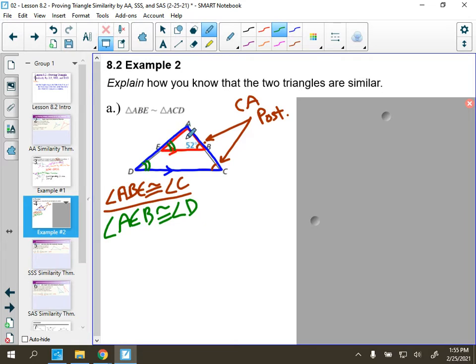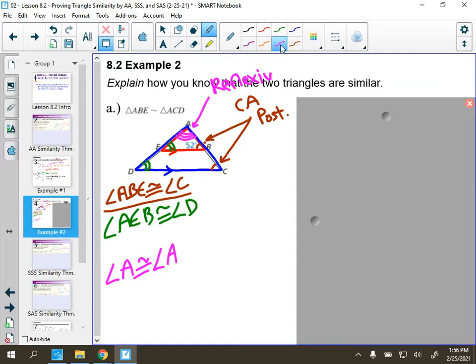I want to at least mention angle A, because I think a lot of people see that up there, that these two triangles are overlapping with this angle A. So they're sharing angle A. It's going back a little ways, when we used this same reason in triangle congruence proofs. But angle A is congruent to angle A. Why? How do I know that an angle is congruent to itself? Remember, that was called the reflexive